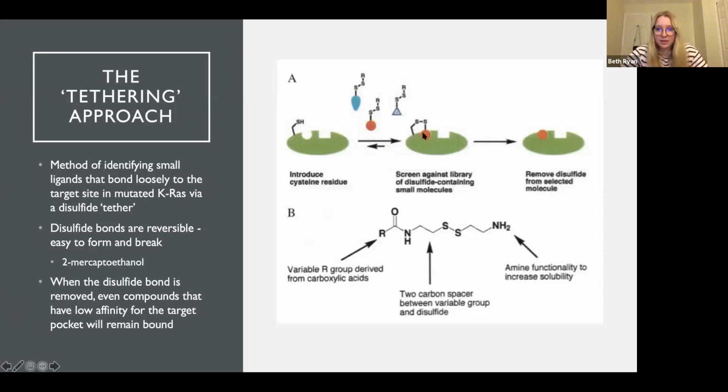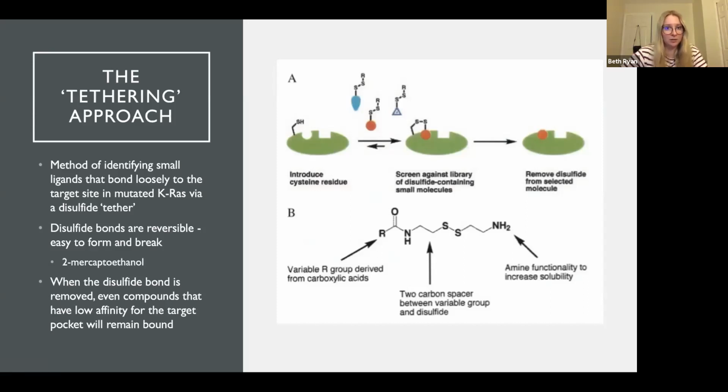And so you see, this little small molecule can bind to the protein and form a new disulfide bond between itself and the thiol. And then since these bonds are easy to break, you can just remove it. The reason this works is because even if a compound has a loose affinity for the protein, so it's not going to immediately attach to it, but it'll actually bind, it'll shift the equilibrium towards this favored protein because of the stability of the